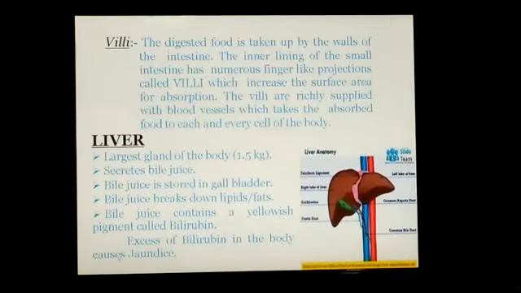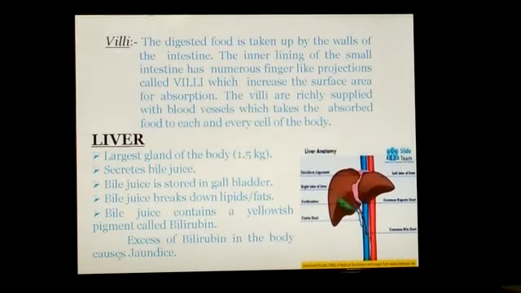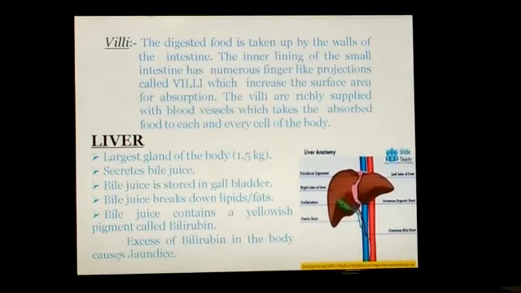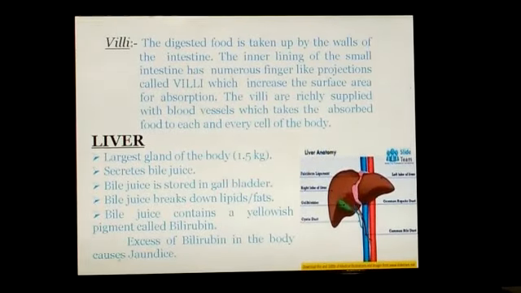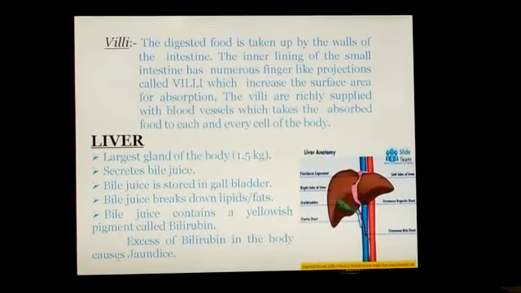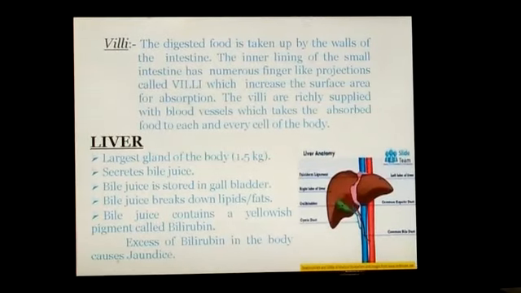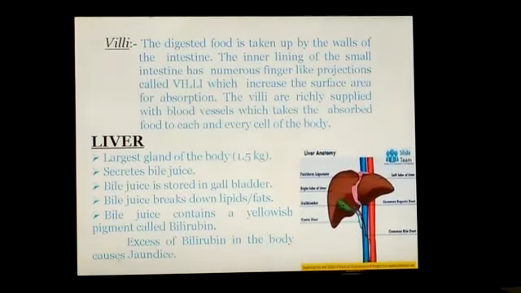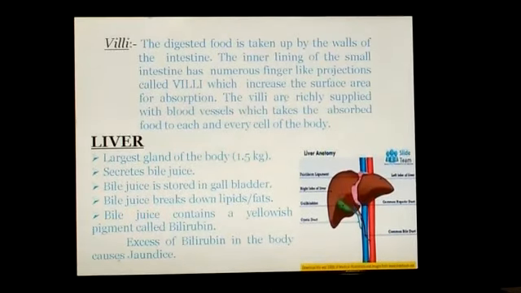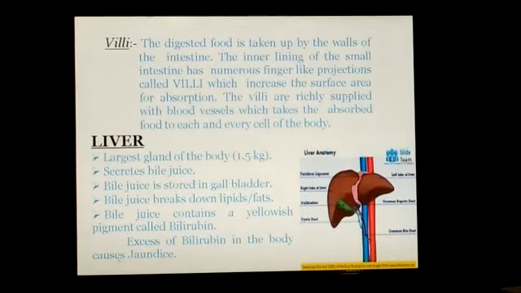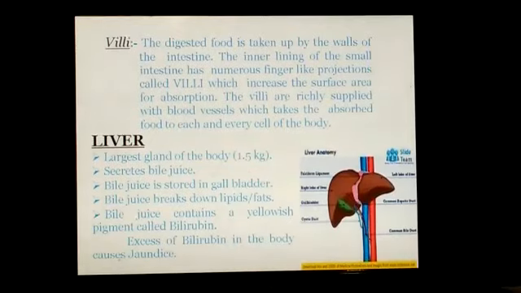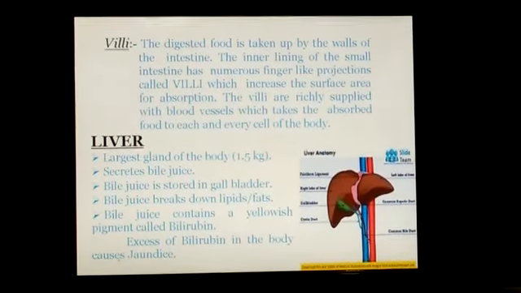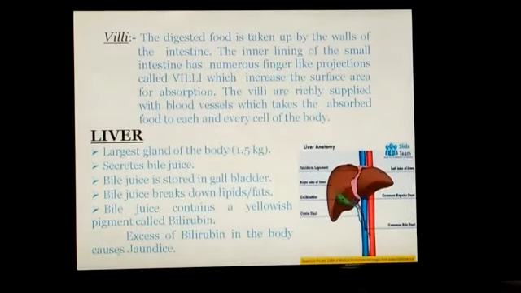Moreover, I would also like to say that the bile juice contains some pigments. One of the most important pigments that the bile juice contains is bilirubin. Bilirubin is an important pigment present in the bile juice, and it plays an important role in the formation of a disease called jaundice. You must have heard about this. The body becomes yellowish. So it is clear that bilirubin is a yellow-colored pigment, and excess bilirubin in your body gives rise to jaundice. It is very harmful if the bilirubin goes high in your body.